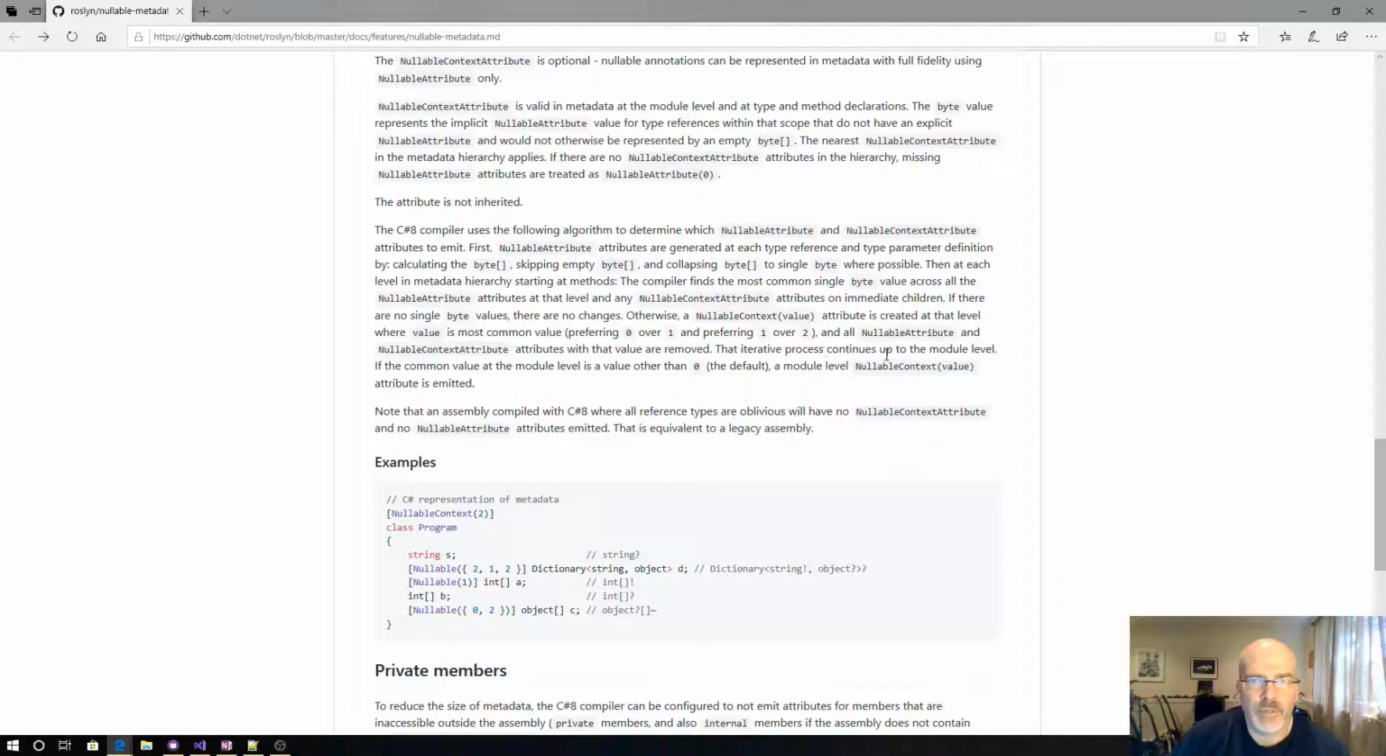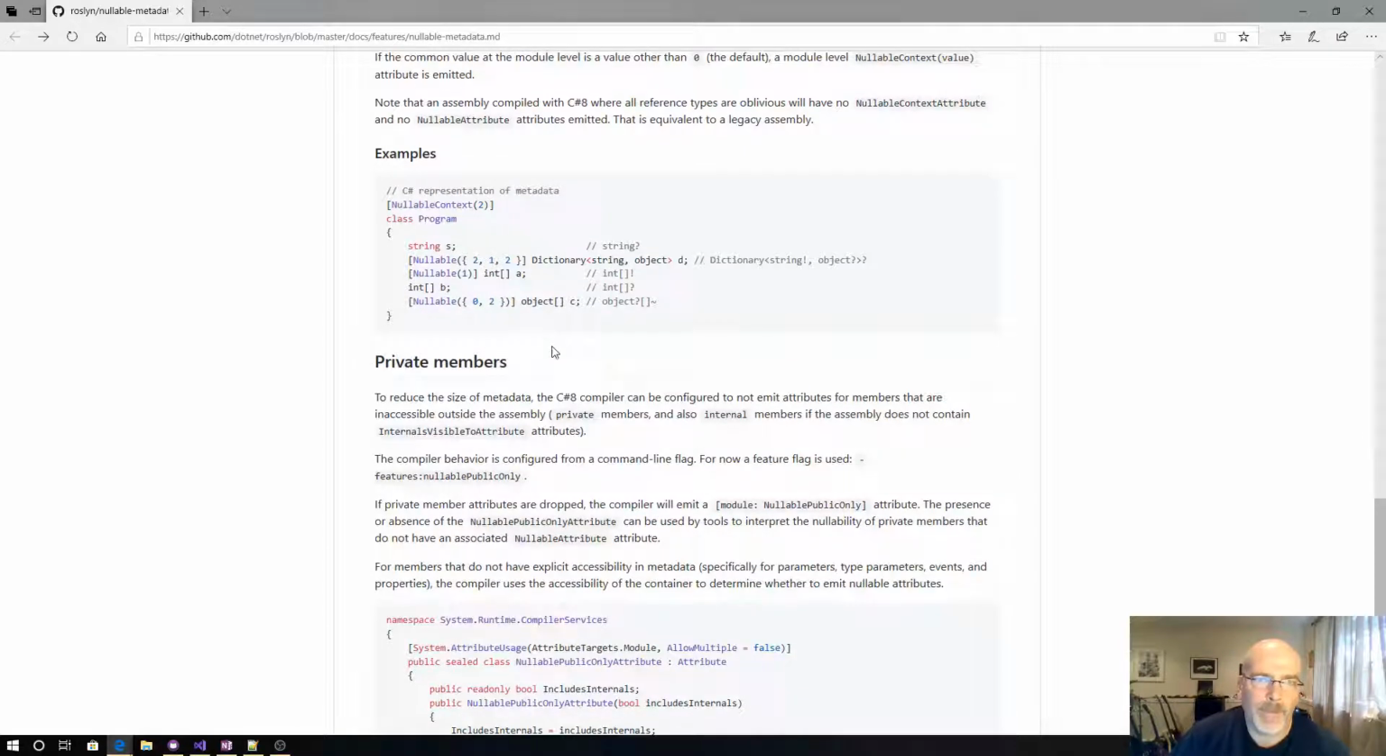That iterative process continues up to the module level. If the common value at the module level is a value other than 0, a module level attribute is emitted. Note that an assembly compile with C#. Okay, so